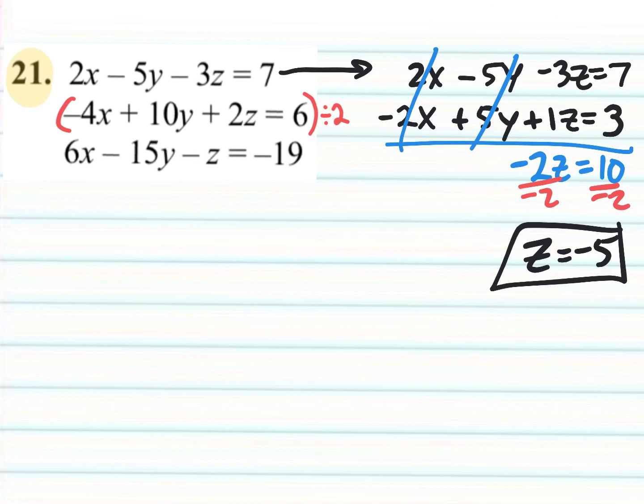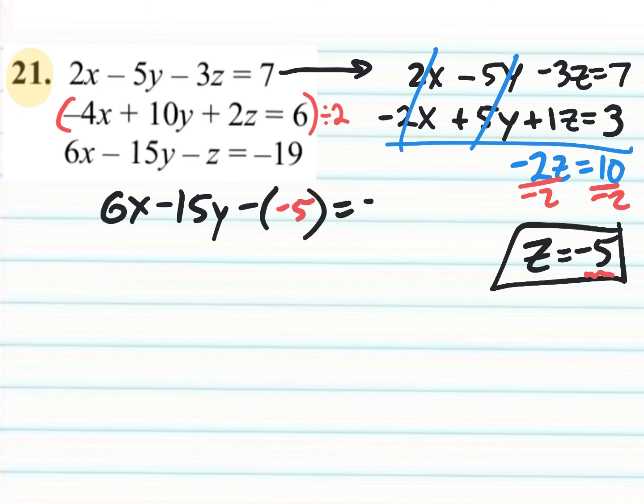So I could use this answer, -5 for z, in the one I have not used. The one I haven't used is the bottom one, the third one. I want to rewrite it: 6x minus 15y, minus z, and I already know that z is -5. So minus -5, right in here,